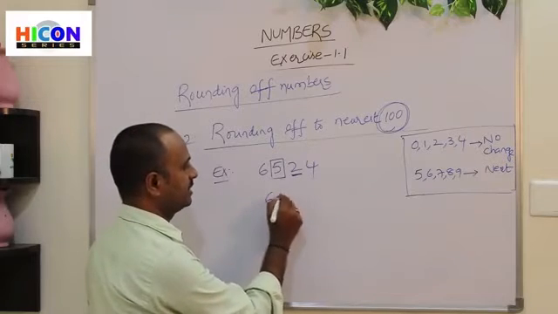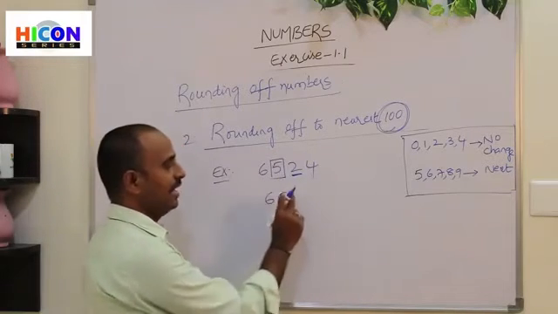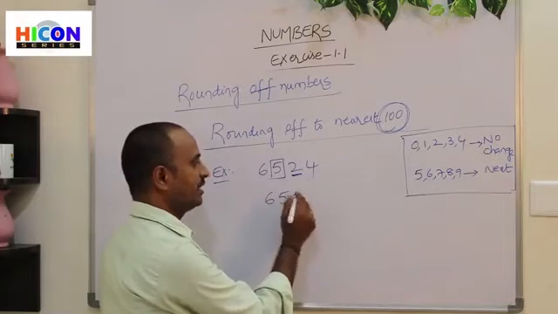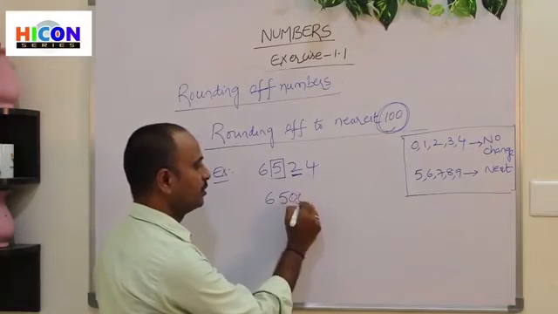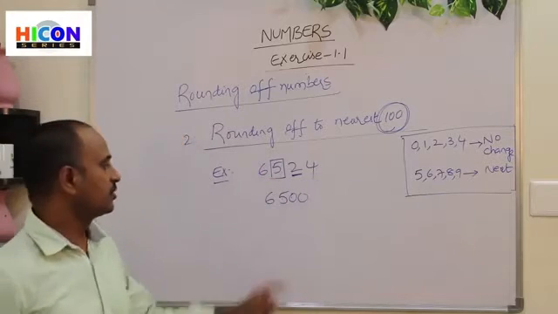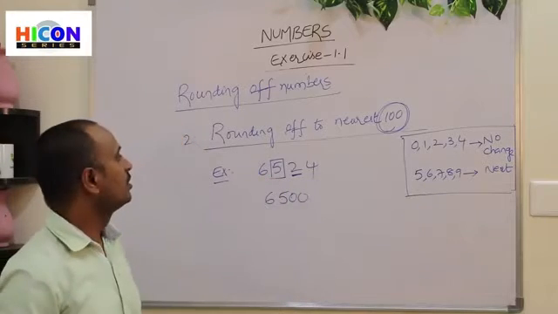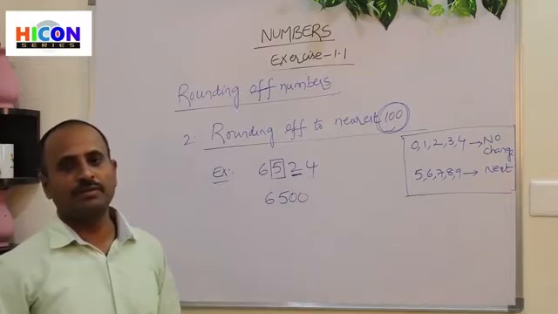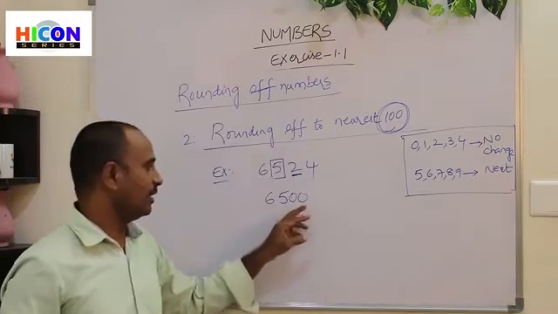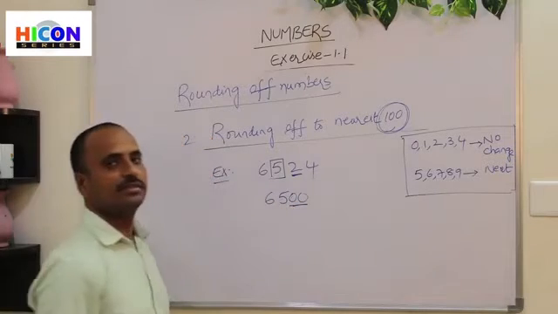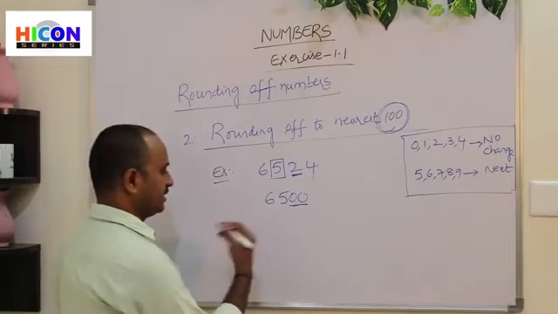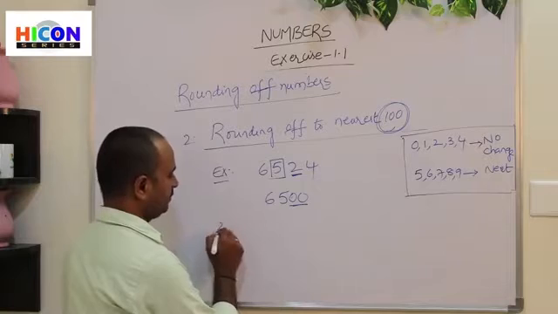That means 65. Keep the same hundreds and put zeros for the remaining 2 digits. Here there are 2 digits, so put 2 zeros for the remaining. So 6500 is the rounded number for the given number. If any given number is rounded off to hundreds, the answer will contain 2 zeros in its last 2 digits. Let us see one more example, that is